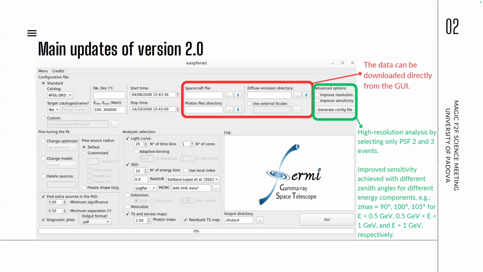So we slice the data set in energy intervals, and for each energy interval, we give a different zenith angle cut. So at the end, we have a higher sensitivity at higher energies. The improvement in sensitivity is not that much, it is around 4%. However, if you want it, you can improve it, at the cost that the analysis will take much longer to run. You can also combine both, so you can have a high resolution and high sensitivity analysis. And